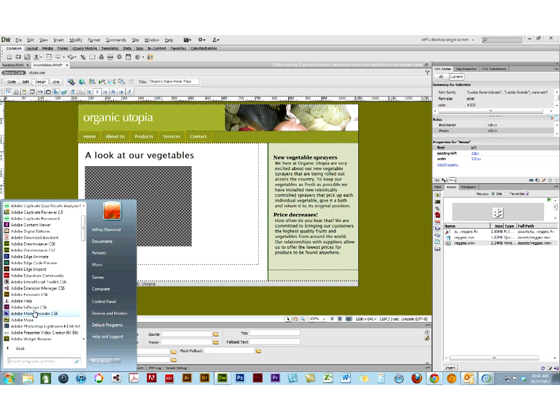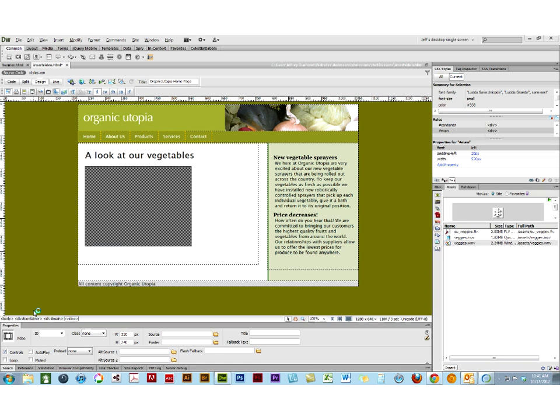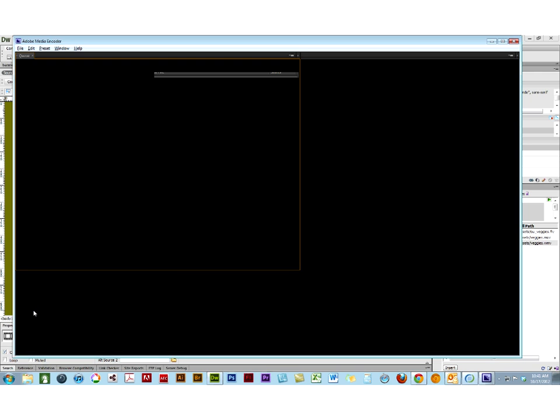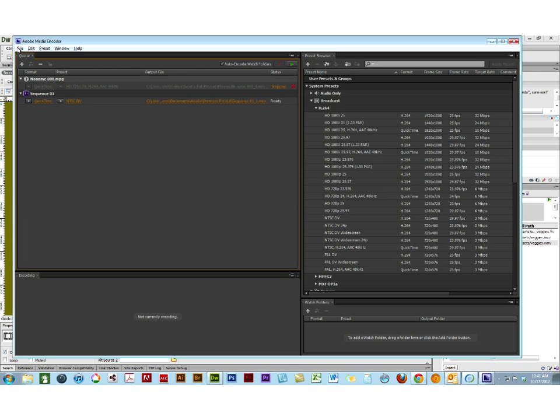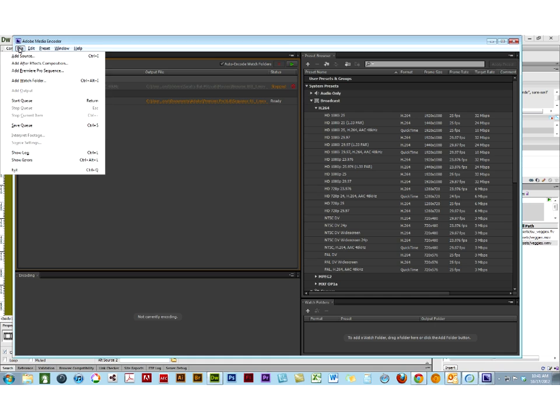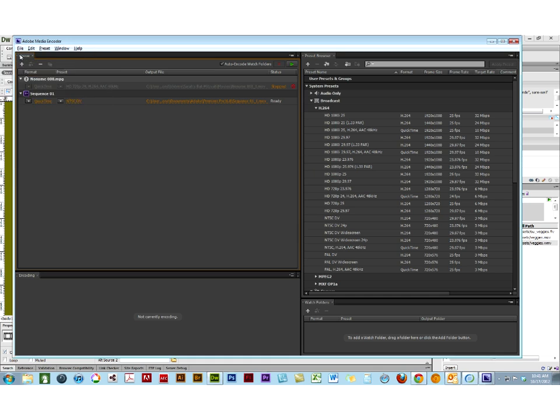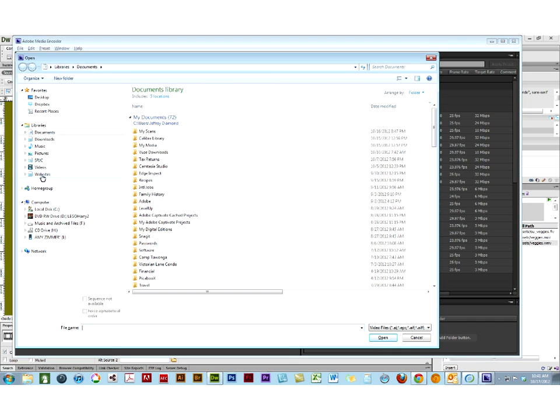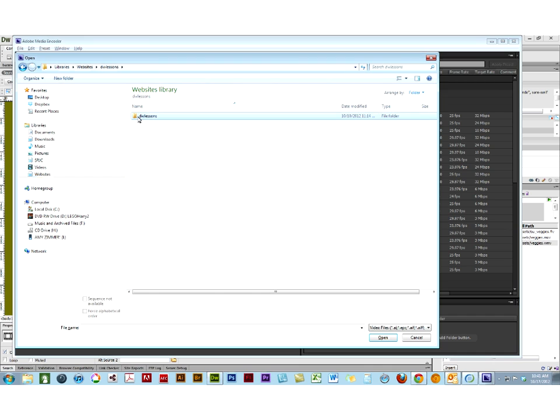So one of the things that you get with your CS6 suite is this thing called Adobe Media Encoder. And what it will do is it will take almost any video file type and convert it to another file type. So I'm going to go to this Adobe Media Encoder and point to my Dreamweaver Lessons